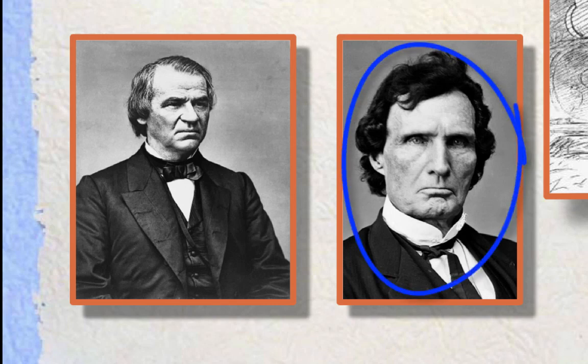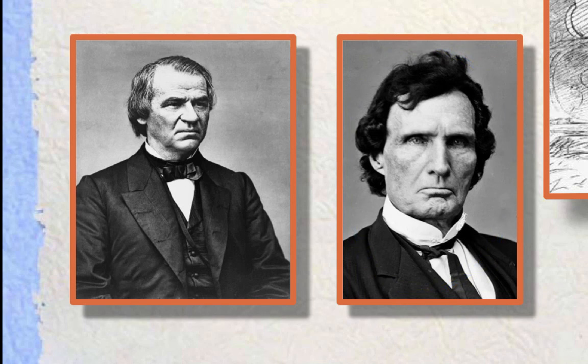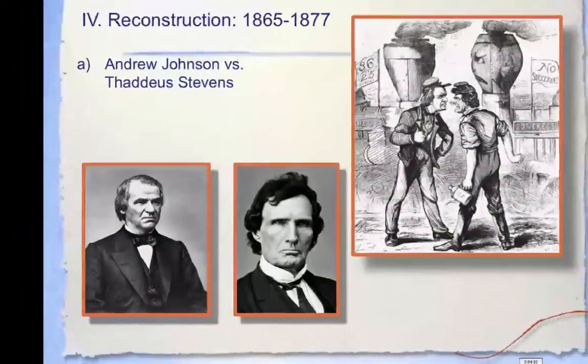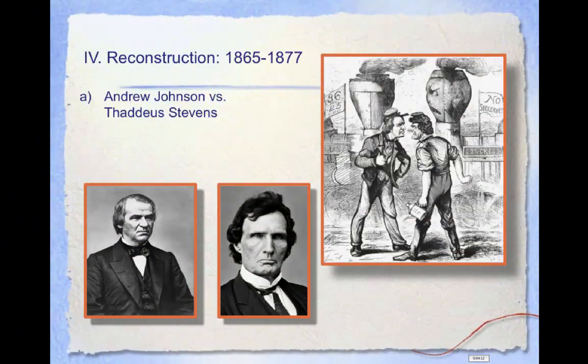Thaddeus Stevens was a congressional representative from Pennsylvania. He had been an avowed abolitionist before the war and promoted radical civil rights for former slaves. He wanted to fully include freedmen as citizens. His views were seen as radical with little popular support. But the actions of President Johnson pushed moderate congressional representatives into his camp. By 1866, the radical wing of the Republican Party won a majority in Congress, which led to an era referred to as Congressional Reconstruction.